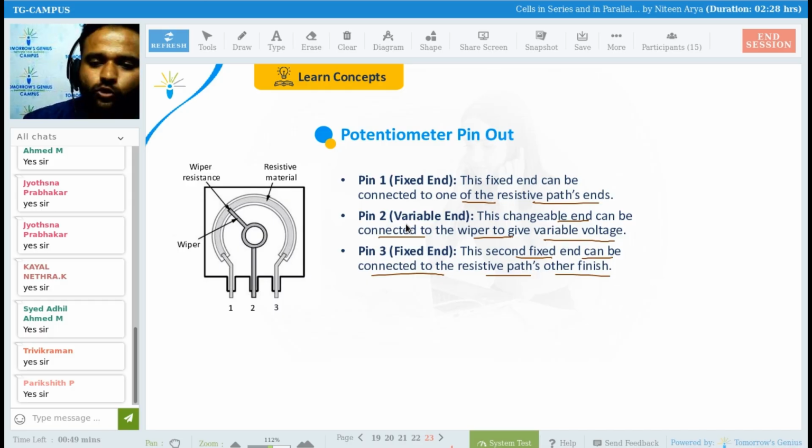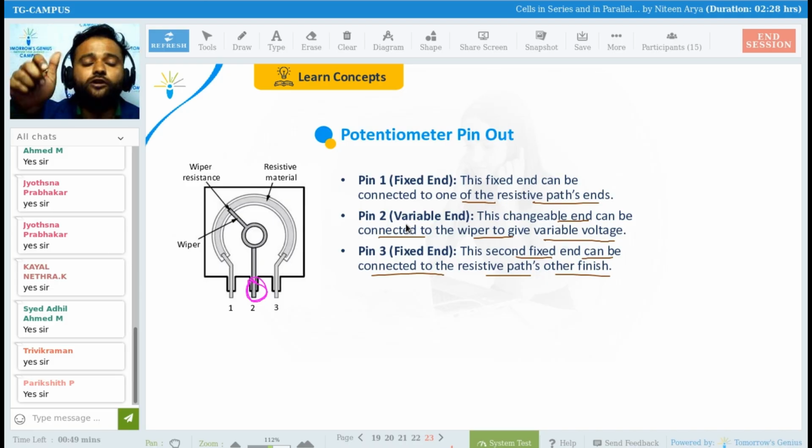This second pin is going to alter your voltage with this changing path, or you can say wiper resistance, and the moment your voltage is changed, the heat energy, the sensation energy, the mechanical energy is going to be changed. For example, you have